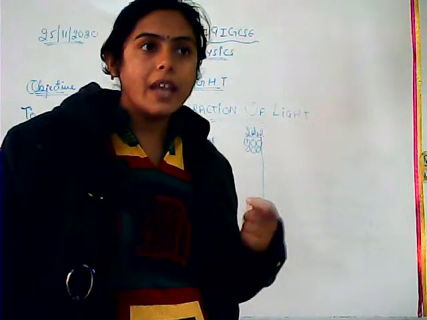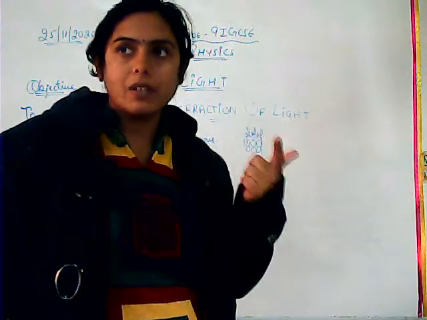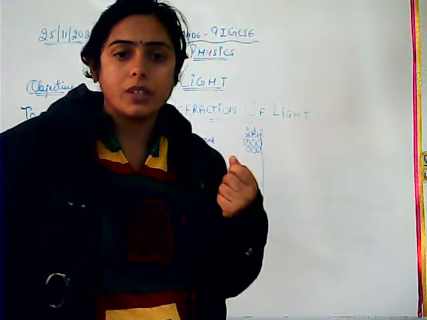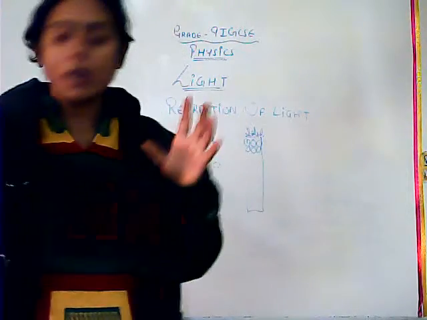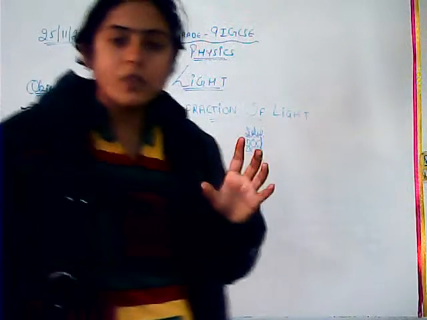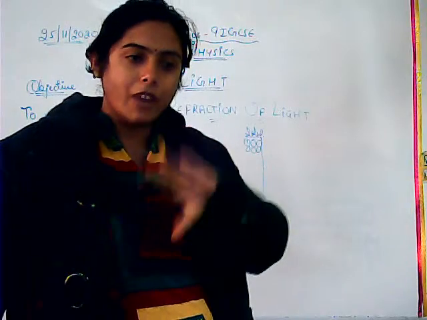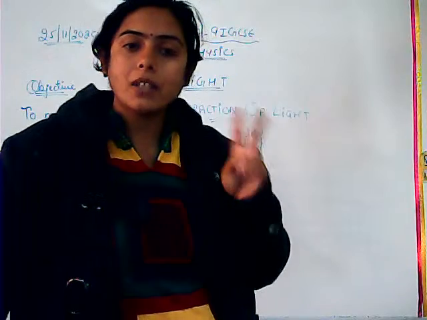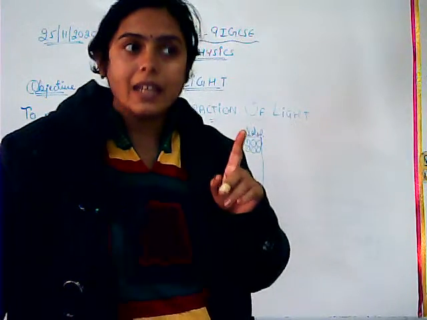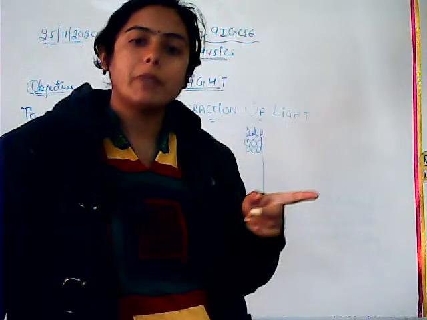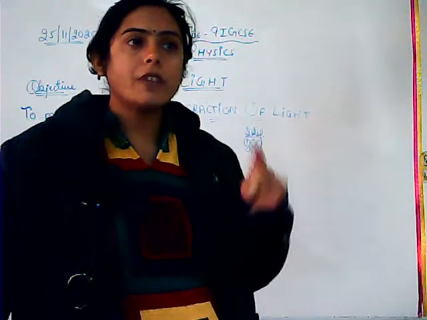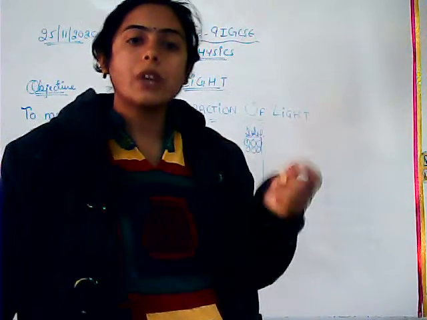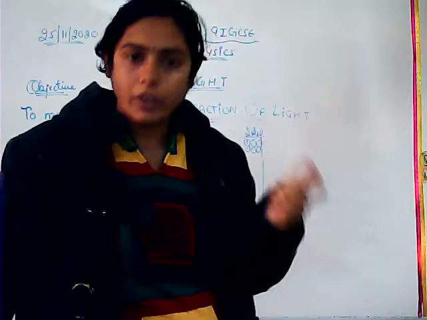Fine. So we have done this in the previous class, but then we only started with what is reflection and what is refraction through examples. But what actually is refraction? Refraction is whenever the light passes from one medium to another medium, it bends. And that bending depends upon only one thing, that is from which medium to which medium it is going. If it is going from rarer to denser, how does it bend? If it goes from denser to rarer, how does it bend? Fine. We are going to do that.